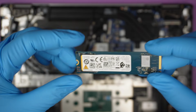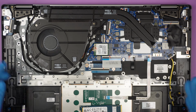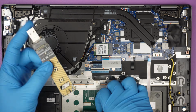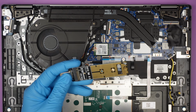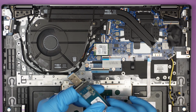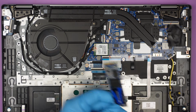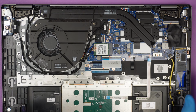You can upgrade it to 1 terabyte if you want, but there's no secondary slot for you to install. What you can do is get one of these USB M.2 adapters. When you have that installed, put a screw into that. What you can do is get yourself a 1 terabyte drive, install it into your computer, install Windows, and